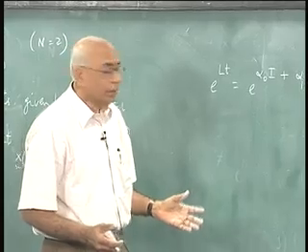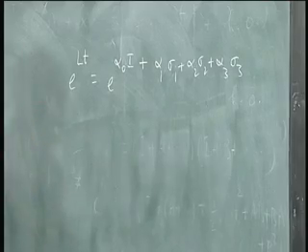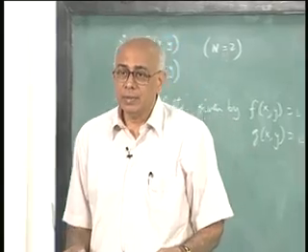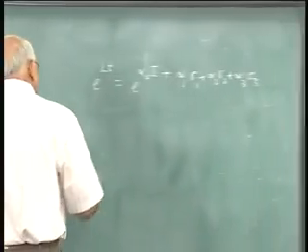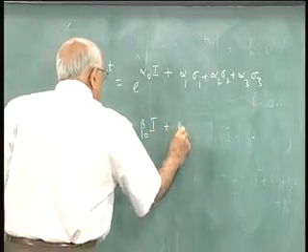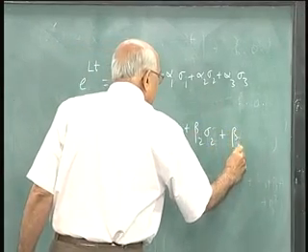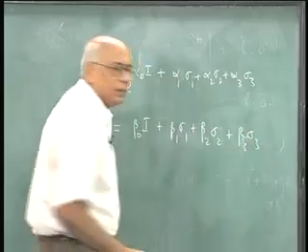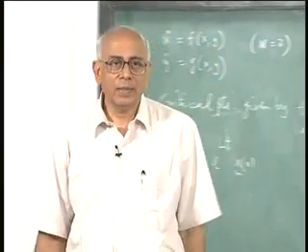Nothing very complicated, because this is also a 2 by 2 matrix, and we just said that every 2 by 2 matrix could be uniquely expanded in terms of the identity matrix and the Pauli matrices. So the final answer has to be something of the form beta naught I plus beta 1 sigma 1 and so on. It has to be of that form,